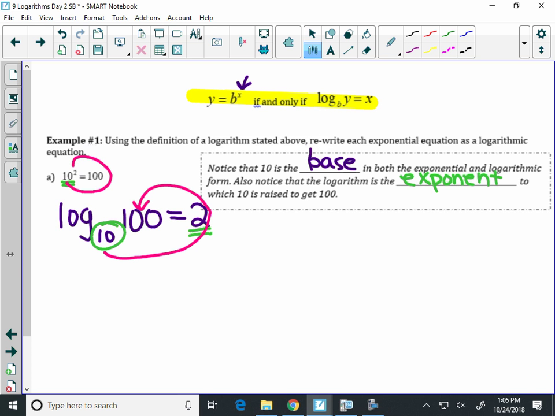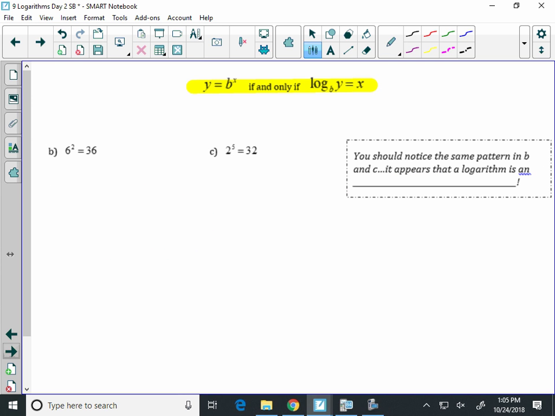So if you start at the base and end at the exponent, that tells you the order that you need to write the numbers. So let's do a couple more. You'll pick up on it real quick after we do these. So we need to write these in logarithmic form. So again, we start at the base. If you need to draw a curly Q, start at the base, go around to the answer, and end at the exponent. So this will be log